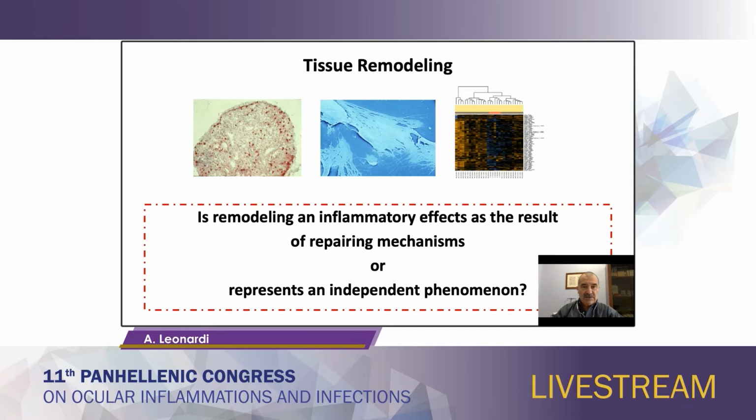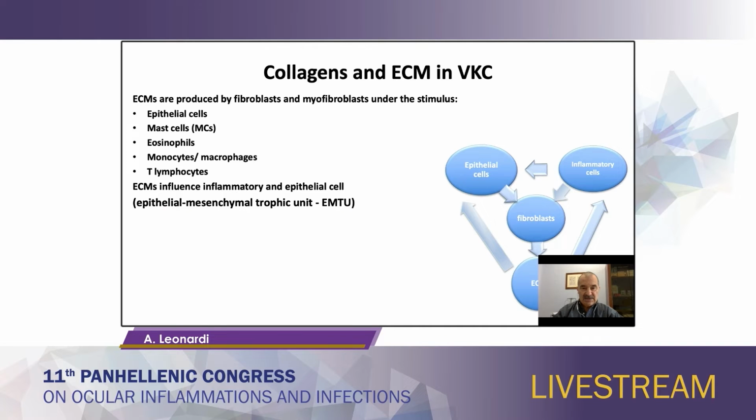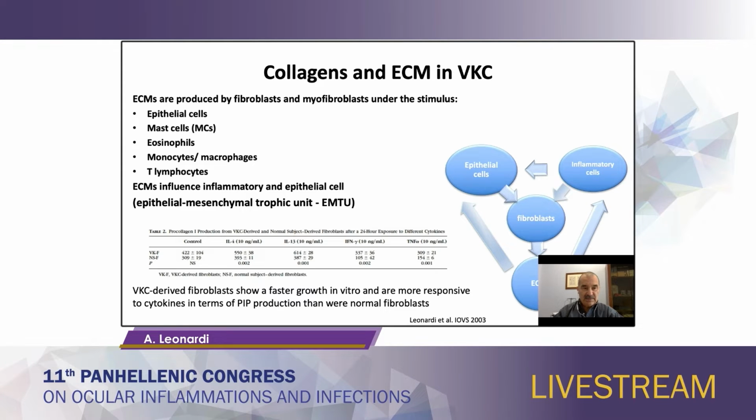The question is: is tissue remodeling an inflammatory effect as a result of a repairing mechanism, or is it an independent phenomenon? We really don't have the answer to this question. However, we know that the epithelial cells, inflammatory cells, fibroblasts, and extracellular matrix have a crosstalk with each other, and might represent the epithelial mesenchymal trophic unit, so a functional unit that regulates